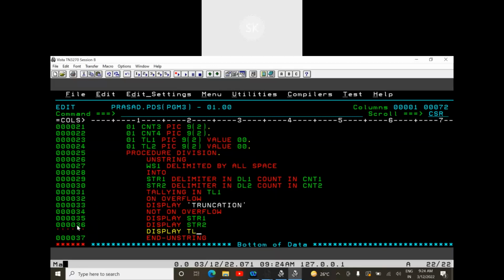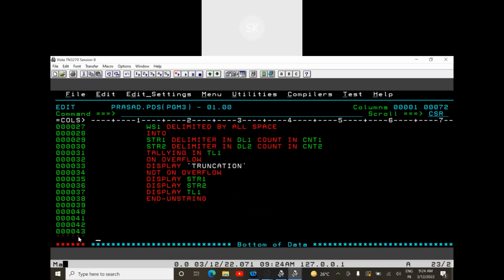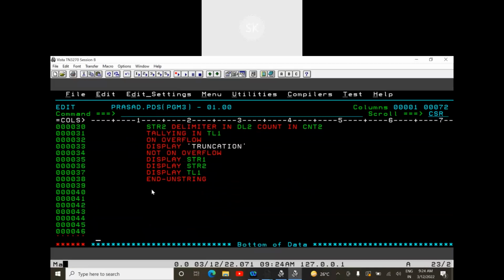So display TL1 also. Next, end unstring. Next command: unstring again. So we have to unstring the WS2 value, WST2